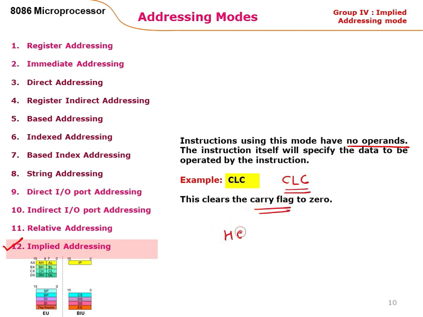Sometimes we use instructions like HLT, which will halt the program. In such an instruction, the instruction pointer will be held at a particular value and it will not be incremented. So this type of addressing mode does not require any operand. Up till now we have discussed all the 12 different addressing modes,